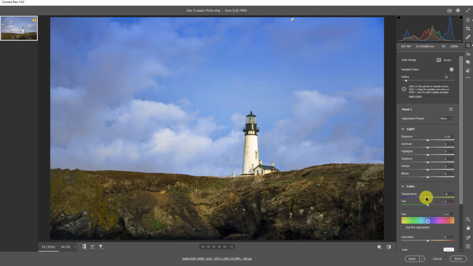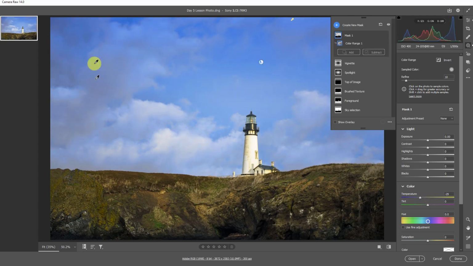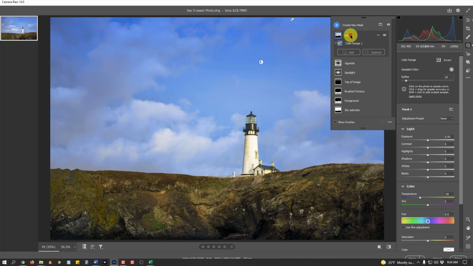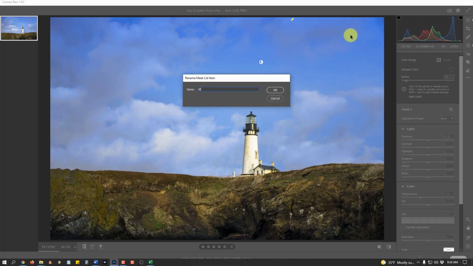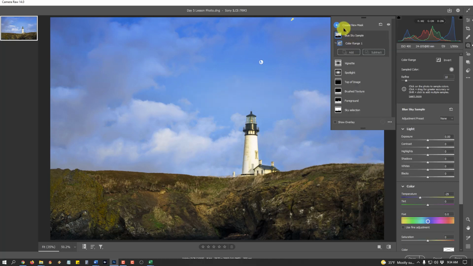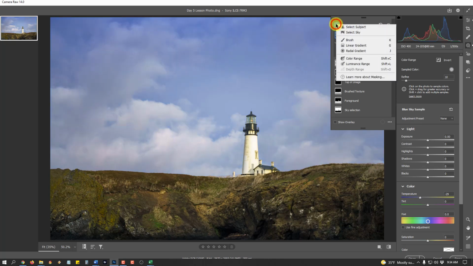Now what you're going to see here is that it doesn't look really good in this cloud selection area. And that's where we can do some really interesting things, but I'm going to come back to that. Let's do one more discussion and we'll talk about how we can get rid of that there. So let's call this blue sky sample. Okay. So now let's go ahead and turn this off for a second, and we'll make one more selection here,